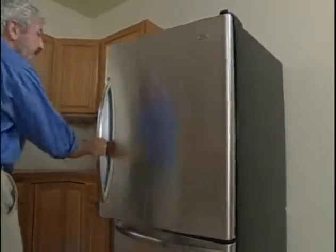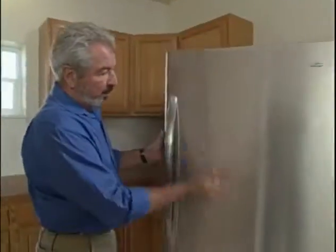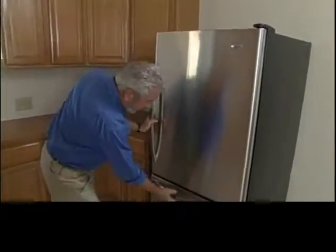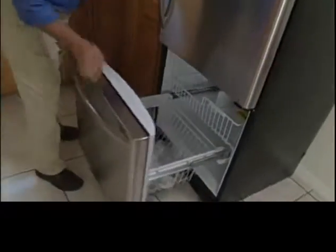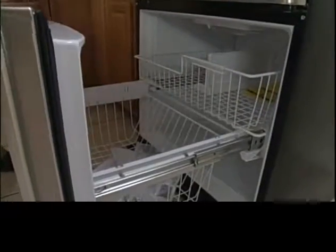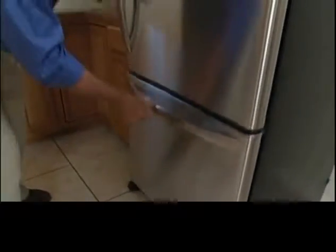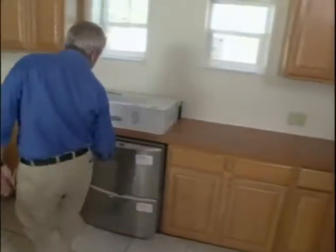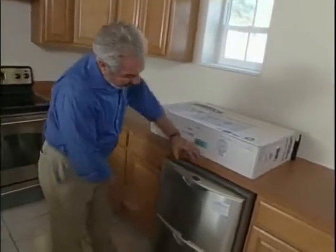And the great thing about this concept is that you've got the refrigerator portion up at eye level. The food you use on a daily basis is right there, and then the freezer's down below, and you've got 2 separate compartments in the freezer so that you don't have to be digging through the bottom of the chest. These haven't really been installed yet, but we also have these Fisher-Paykel dishwashers,